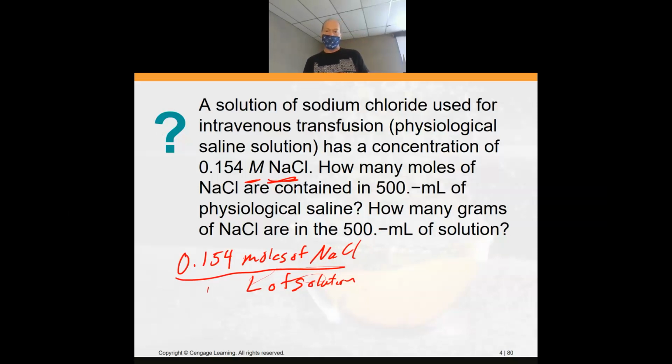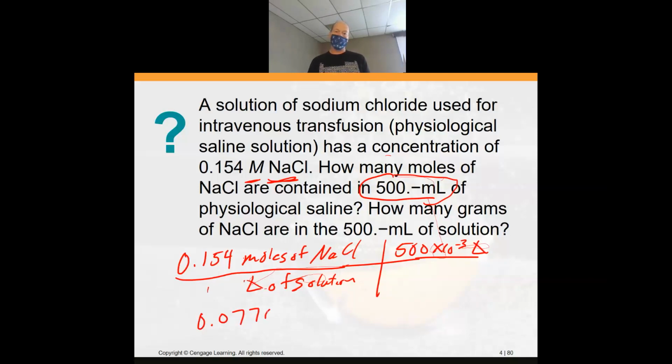All right, so how many moles of NaCl are contained in 500 milliliters? So now you see that we simply will multiply this by liters. So 500, we know m is times 10 to the minus 3, and liter. So that is 500 times 10 to the minus 3 liters, or you can go right to 0.500 liters. It doesn't matter how you want to do it. You don't have to show your work to go from milliliters to liters. I am not grading the show of the work of that. And so when you do that, you get a